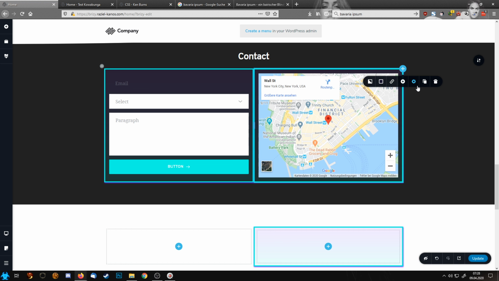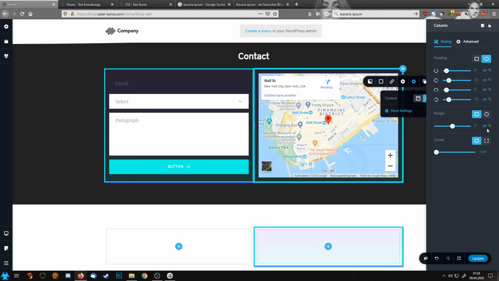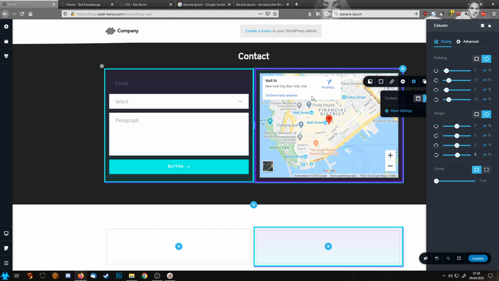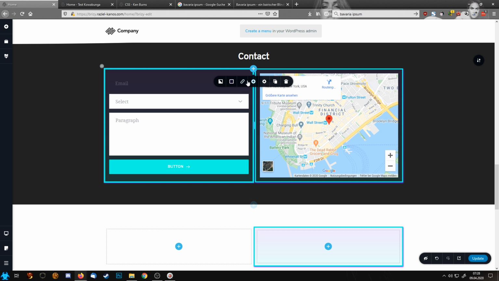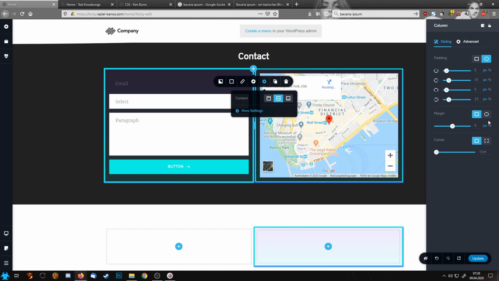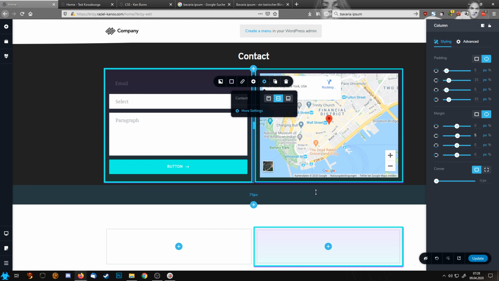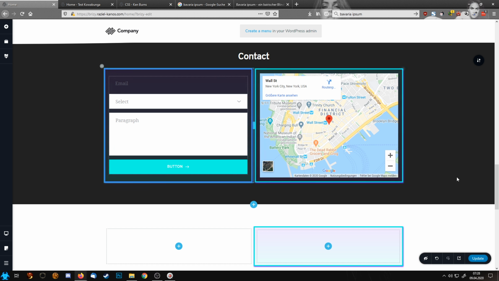What I noticed here, for example, is that I need a little divider in the margin. So I'm changing my left margin to 5. And here I'm going to change the right margin also to 5. So now we have our boxes separated a little bit more and still keep the style. Okay, then we have here our